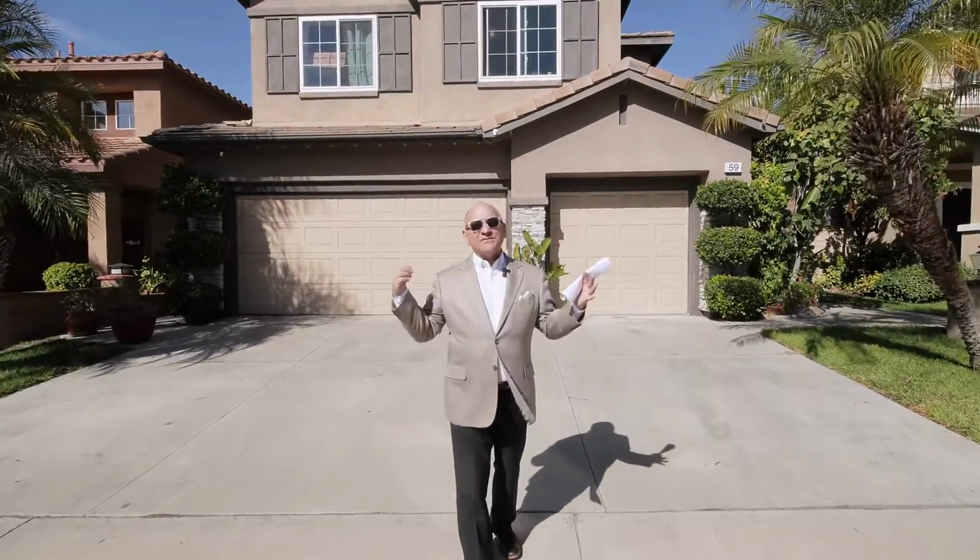So isn't that a great house? If you like it, or if you know of somebody who you think would like to move into this area, please give me a call,